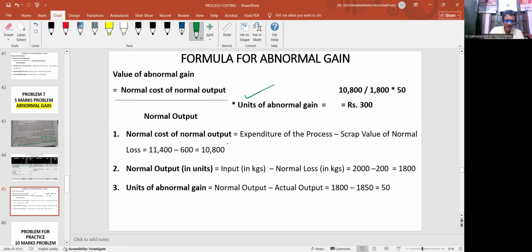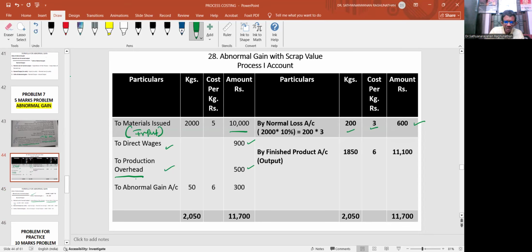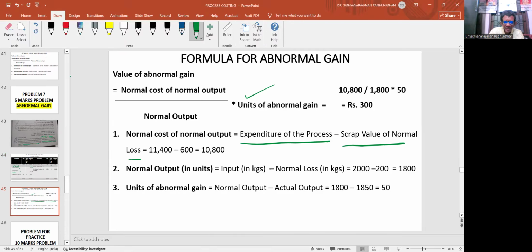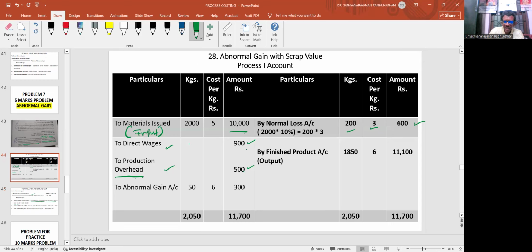Now, normal cost of normal output is the expenditure of the process account minus the scrap value of the normal loss. That is the debit side of the process account. You see, 11,000, see here, don't put it as 11,700. Here we still have not calculated the abnormal gain. Now you have to be very careful. 10,900 plus 500 is how much? 11,400 minus the scrap value of the normal loss,